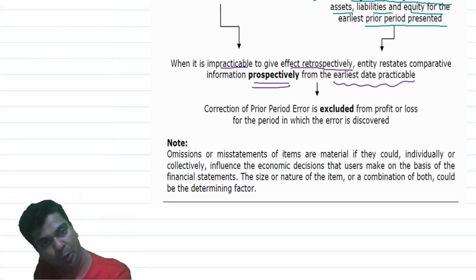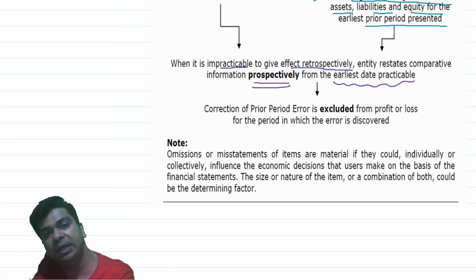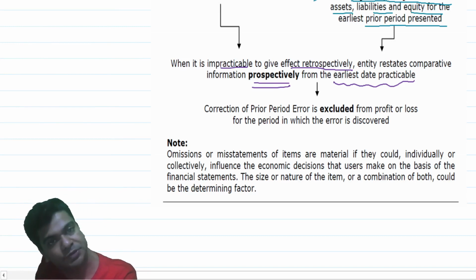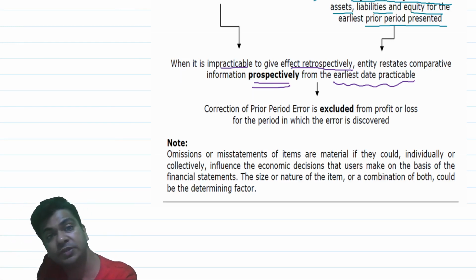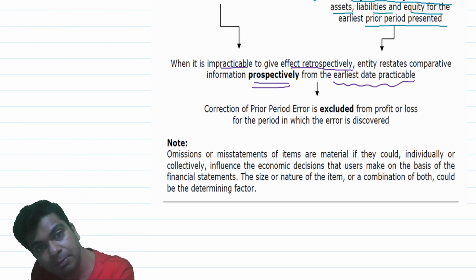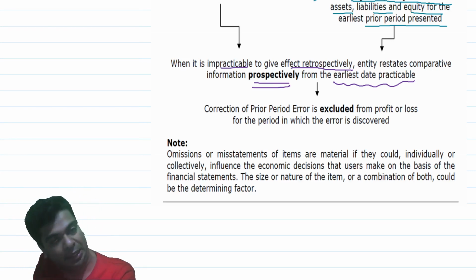You call in the accountant, you tell the accountant that this expense should be capitalized. You are debiting it to the P&L, which is wrong. And you know what the accountant tells you? I have been purchasing PPE for the last 10 years. Every time this expense has been debited by me to the P&L. I have never capitalized it. In other words, this mistake was committed over many years.